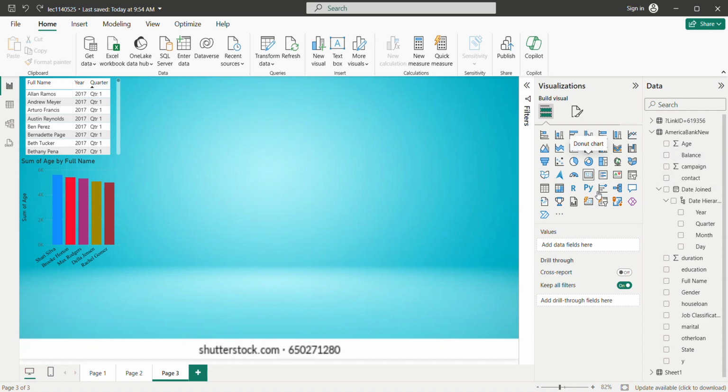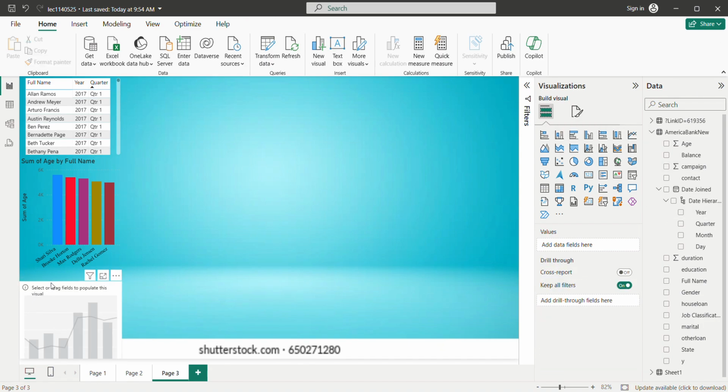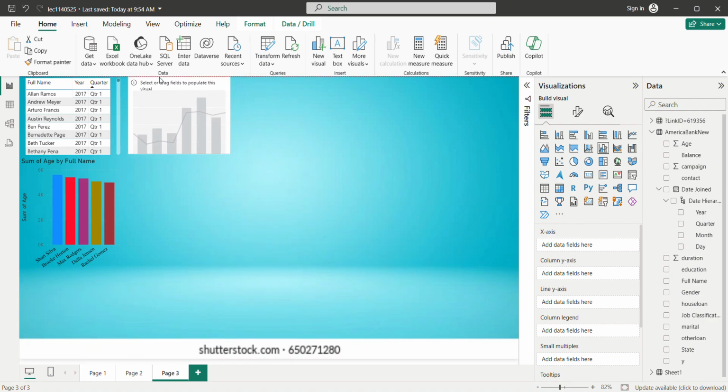I want to show it in terms of some line chart with a clustered column chart. Okay, so we want to show this one. So I can take this chart, select this chart, bring it here onto the top. I want